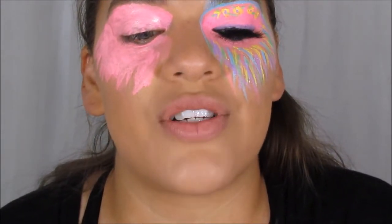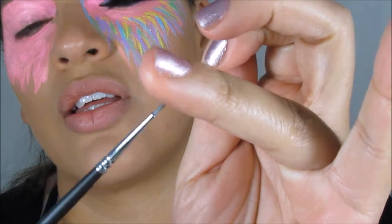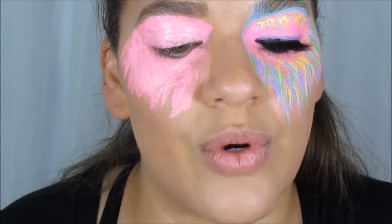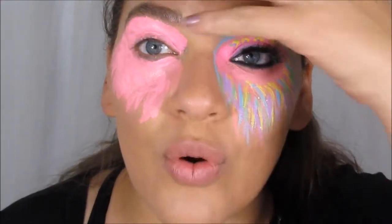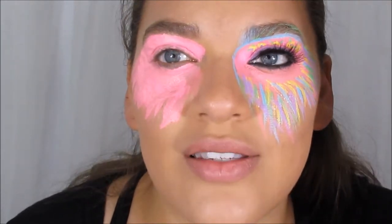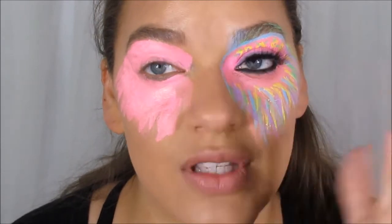While we're waiting for it to dry down, I'm going to show you the brush that it comes with. It comes with this little bitty baby fine bristled brush for detail work, and I love that, and I might use it here in just a second for a forehead kind of headdress inspired thing,